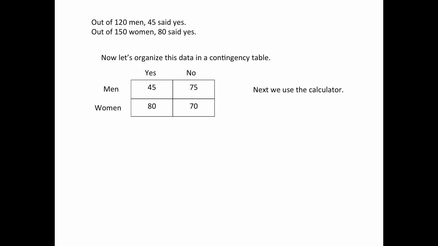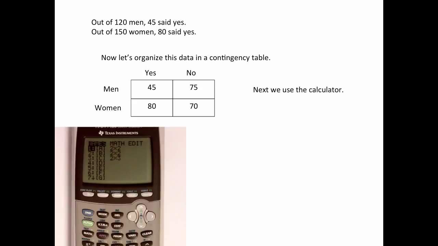In order to find the test statistic, we're going to use the calculator. And this is something that we haven't done before. We're going to use a matrix. If you look down here in the very lower left-hand corner in blue, it says matrix. So I had to go to second matrix. This is the first screen. Then move over to edit